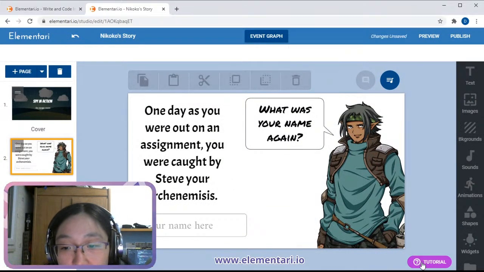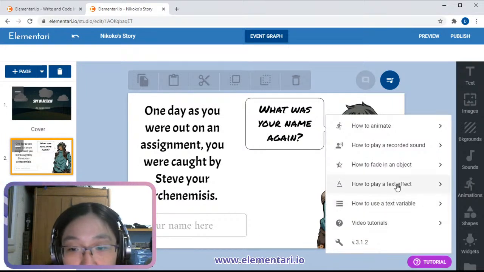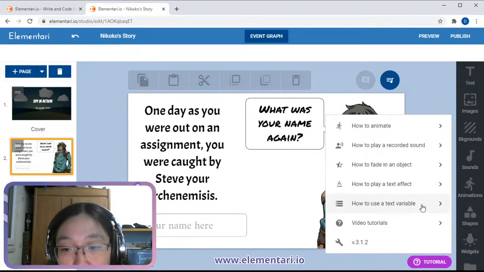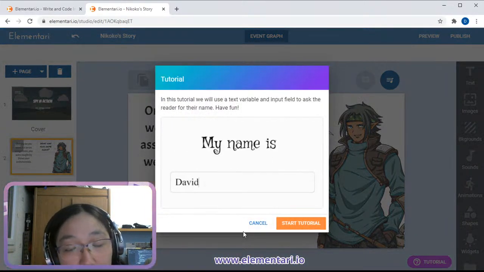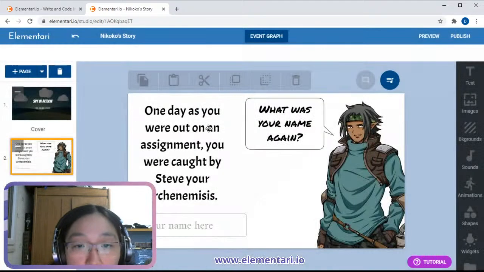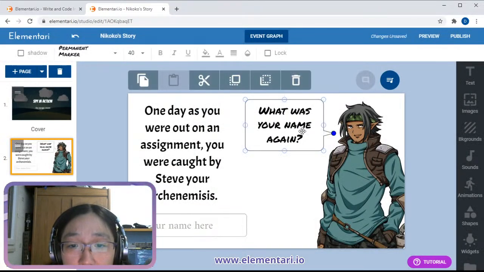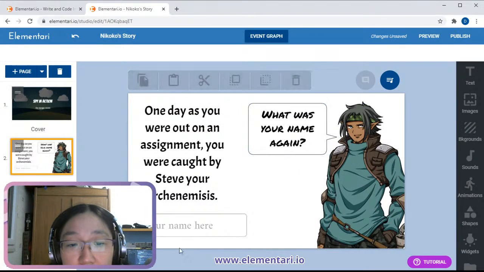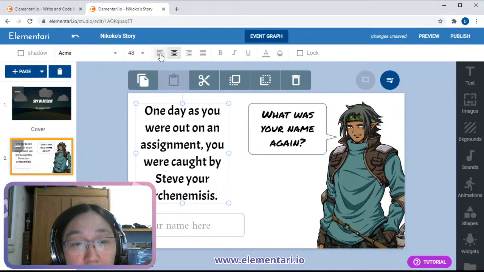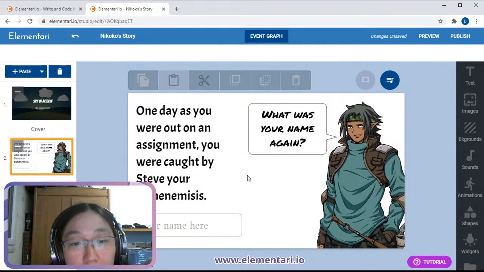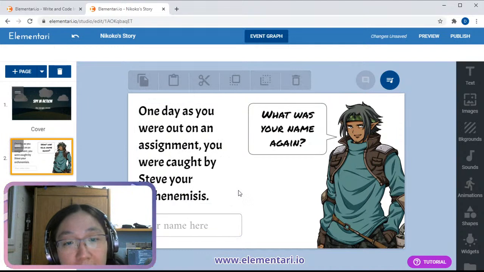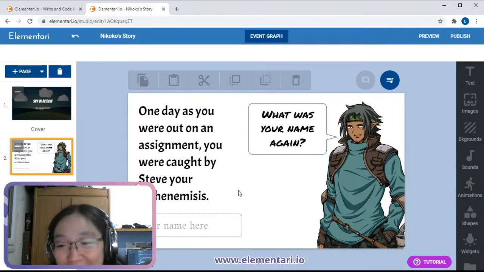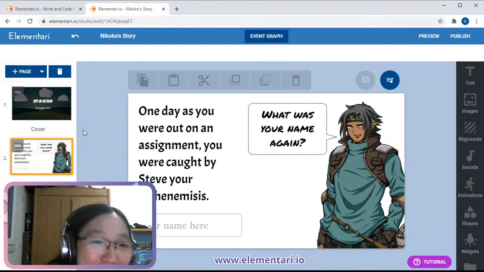And if you thought that was too fast, that's fine, because we do have a tutorial here on how to use a text variable, and it goes through this exact same example, step by step. The reason I'm going quickly over how to code all this is because I want to use this concept of text variables in our escape room. So a lot of this might go a little bit fast, but that's because I want to be able to get something out at the end of our 40 minutes left, essentially.